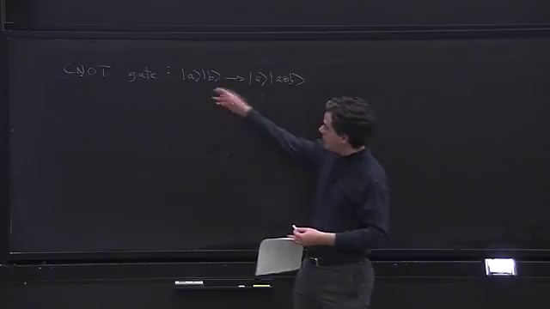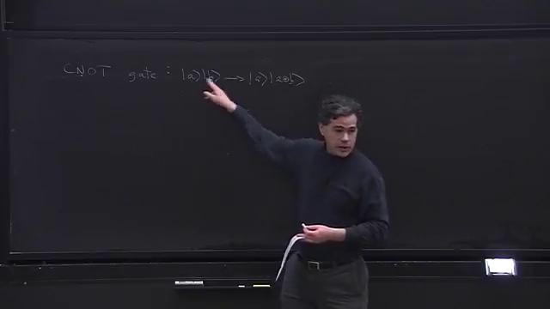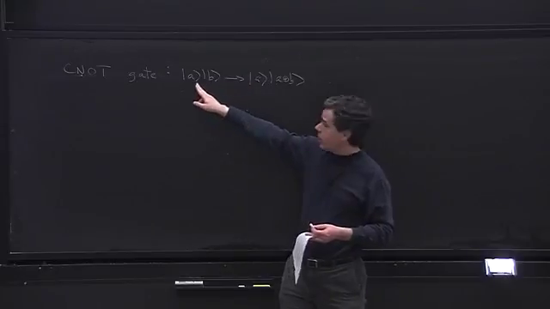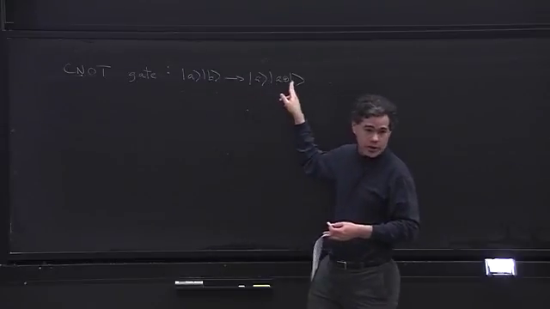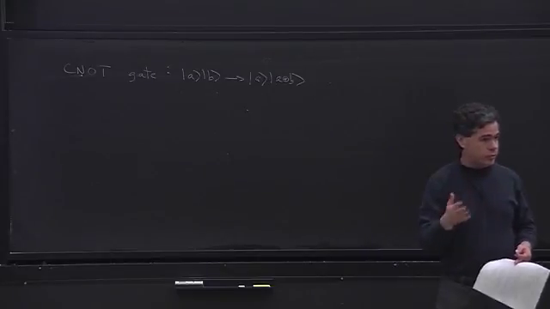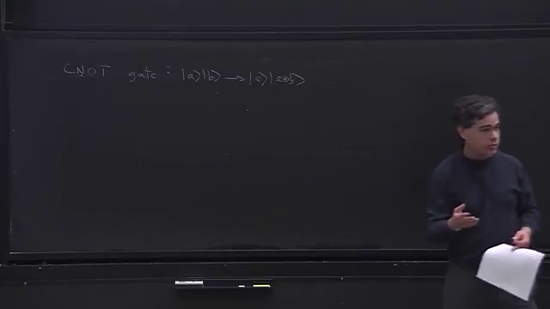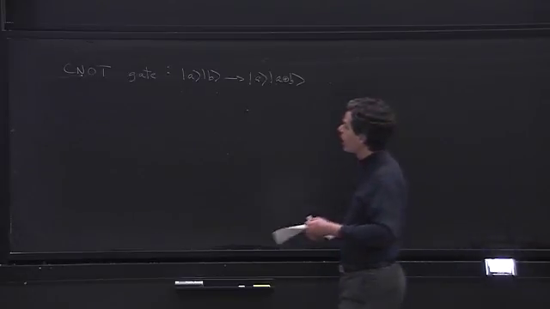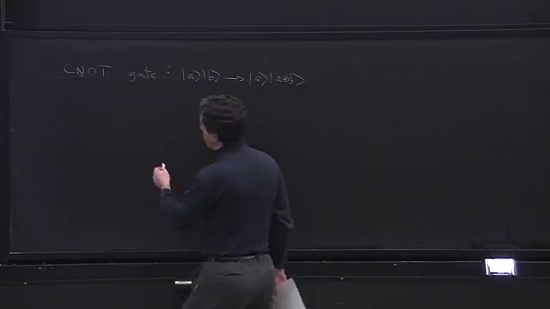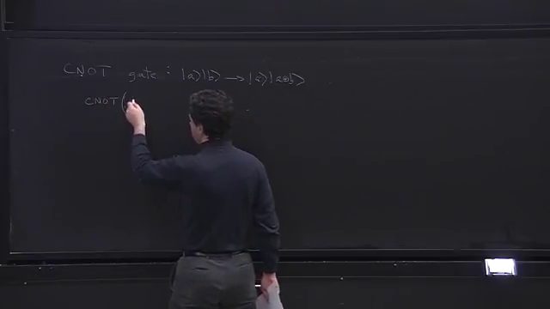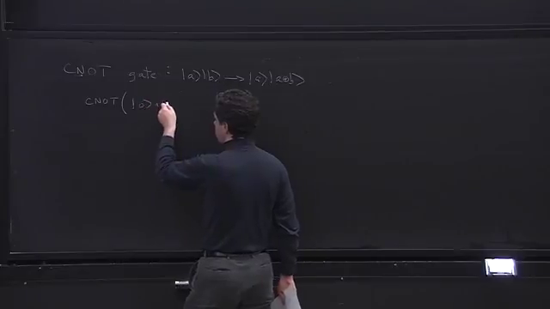So, if you think of this as a classical gate, the control bit is just kind of a bystander here, right? It doesn't change. And the target qubit, the second qubit, does change. But actually, in the quantum case, that's not really true. There is no such thing as a bystander qubit in a gate, except one that's not involved at all. One way to see that is to imagine applying the C0 gate to the following input state, 0 plus 1